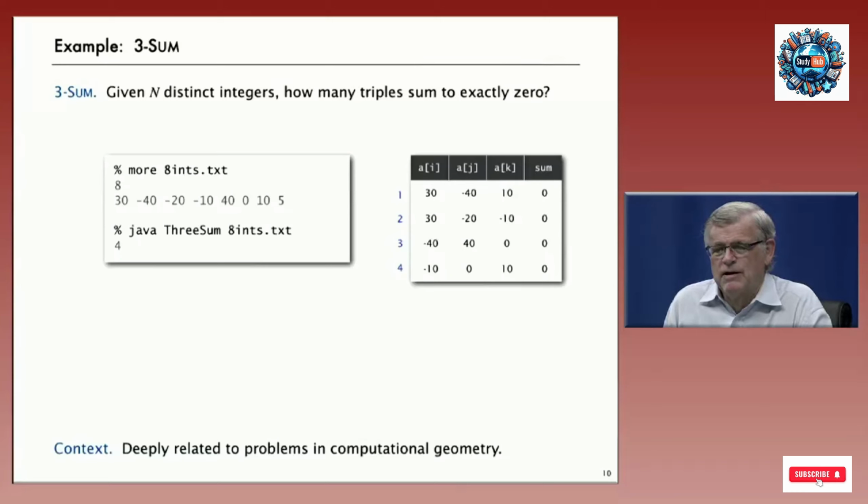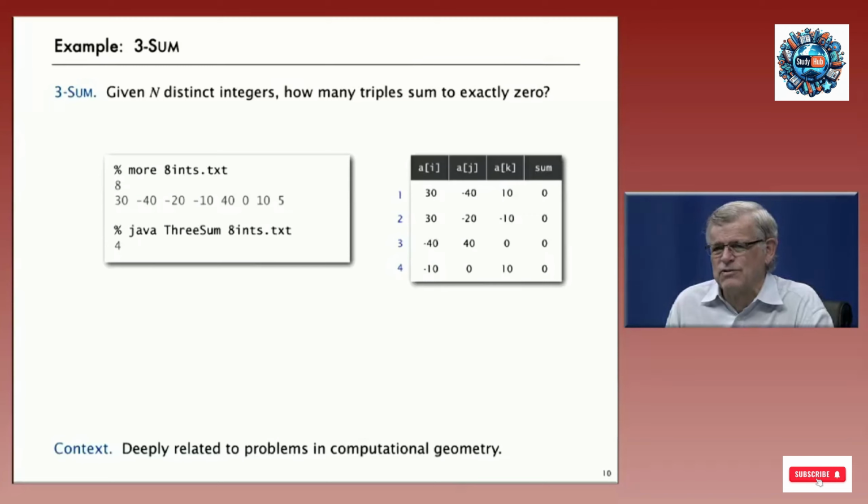For example, in this file 8ints.txt, which has 8 integers in it, there's 4 triples that sum to 0. 30, -40, 10; 30, -20, -10, and so forth. And so our goal is to write a program that can compute this quantity for any input file, any set